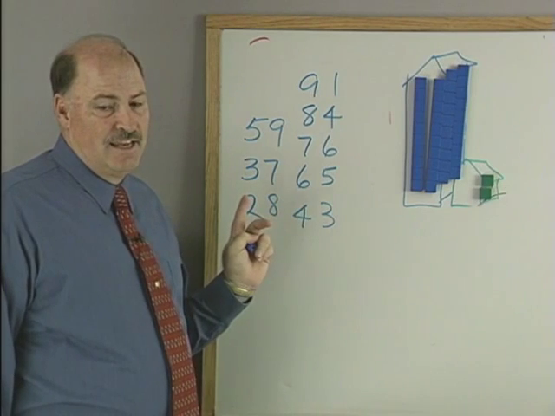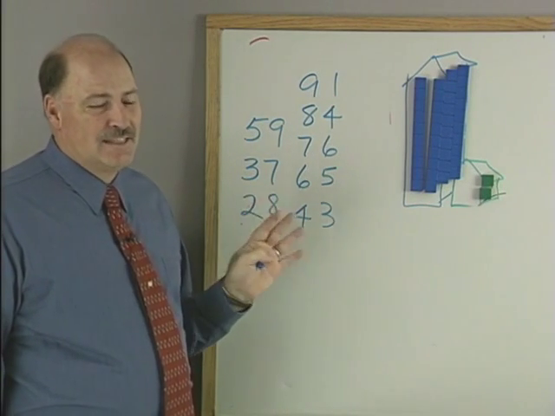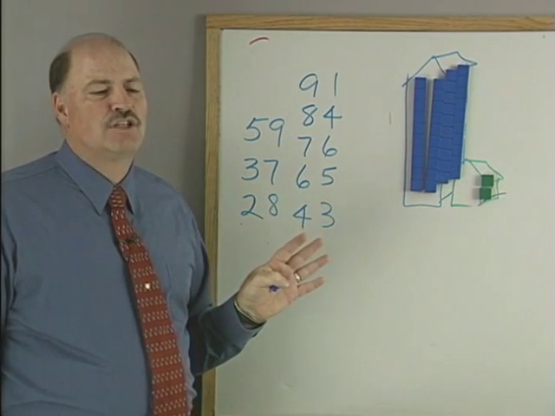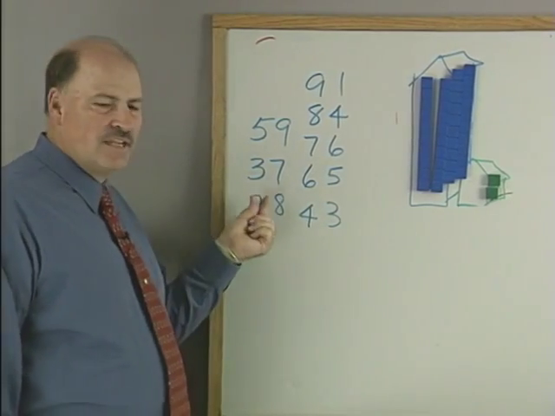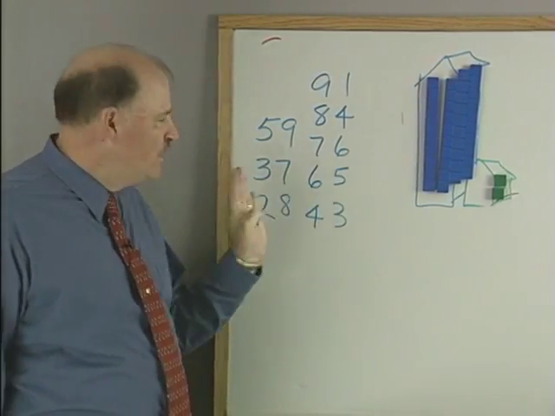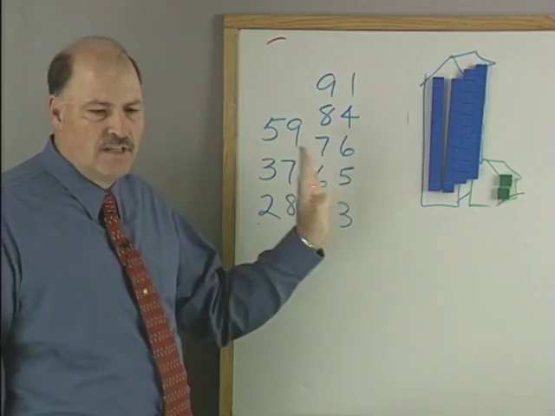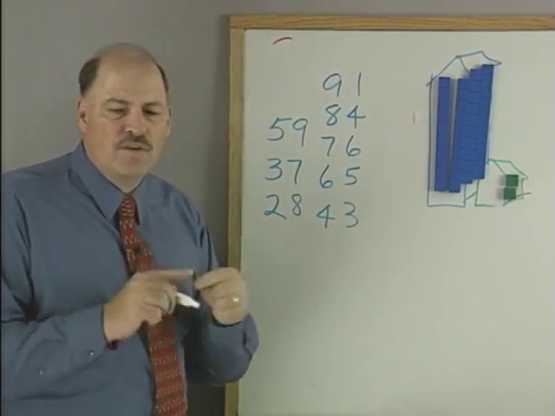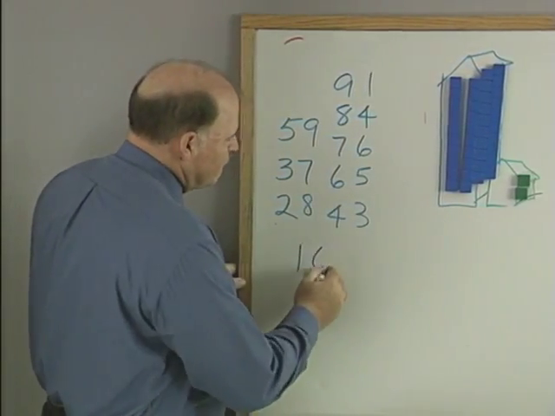2T8, except 2T doesn't what we use. What do we use? 20. But we're still saying the tens first, then the units. So these are all consistent. Tens first, then units. And then we get goofed up when we say